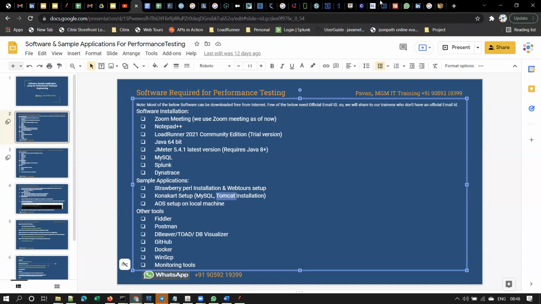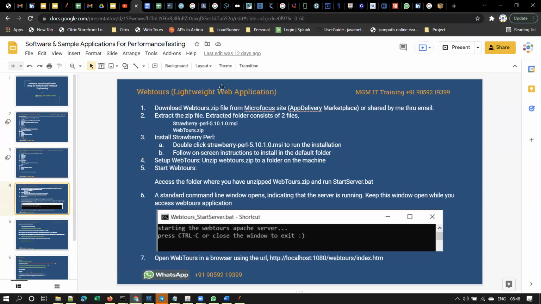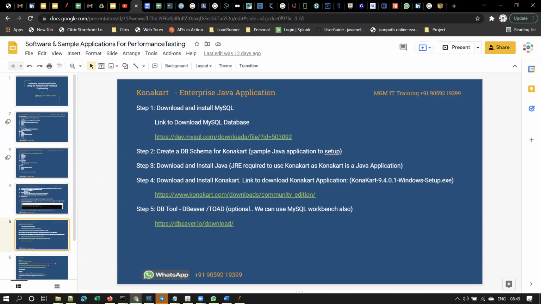Okay, sir. Right. So I'll show you the steps. I already have the steps of how to set this up. See, this is for the WebTools application: the steps to set up the WebTools application on your machine. And this is for Konacut: the instructions for setting up the Konacut application on your machine. I'll help you do this. Don't do that now, because you may face some issues or make some mistakes while setting up, and it will be difficult to debug again. Once we are done with our WebTools application, then we will set up this Konacut application. Got it, guys?